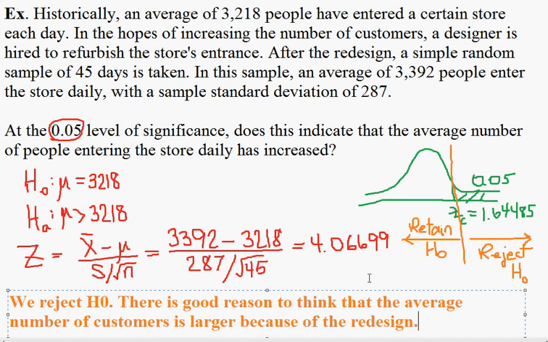Now, of course, we have made a decision. We are not 100% certain that we have made the correct decision. It is perfectly possible to get a test statistic that large. After all, there still is area to the right of 4.06699. So that would be an example of what is called a type 1 error, where we have simply made the wrong decision, where we have rejected the null hypothesis, even though the null hypothesis is correct. However, we have a good reason to make the decision that we've made, even though we cannot be 100% certain that we've made the correct decision. And that's kind of the unfortunate thing about statistics, is that we can never be certain that we've made the right decision, even though we've made a decision that we think is rational and defendable.